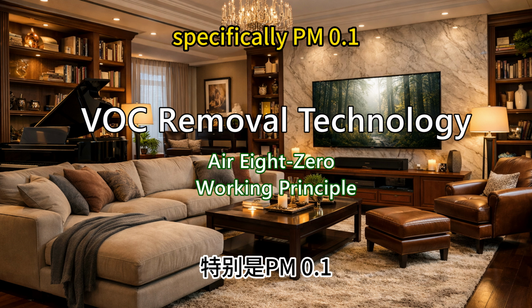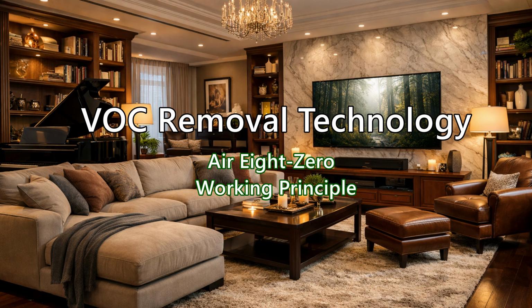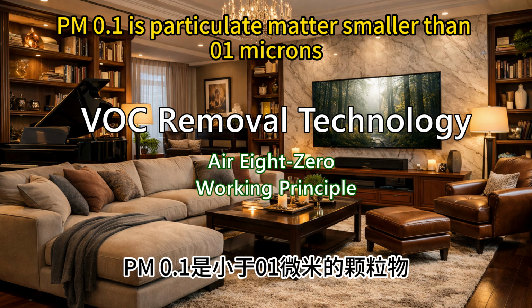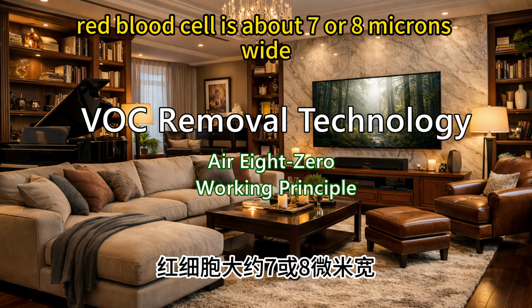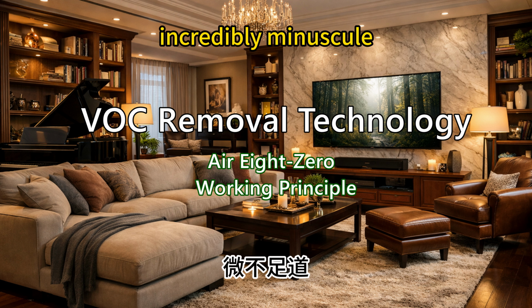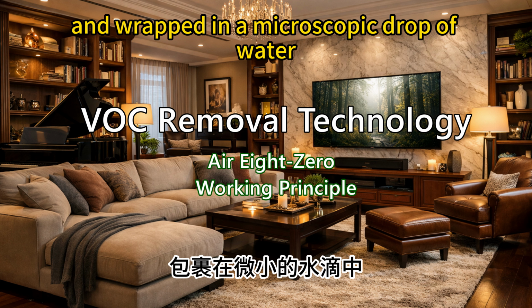PM 0.1. Okay, let's define PM 0.1 for a second, because we hear a lot about PM 2.5 in city smog warnings. We do, yeah. PM 0.1 is particulate matter smaller than 0.1 microns. To put that in perspective, a single human red blood cell is about 7 or 8 microns wide. So it's massive in comparison. Exactly. So we are talking about particles that are incredibly minuscule, coated in volatile chemicals, and wrapped in a microscopic